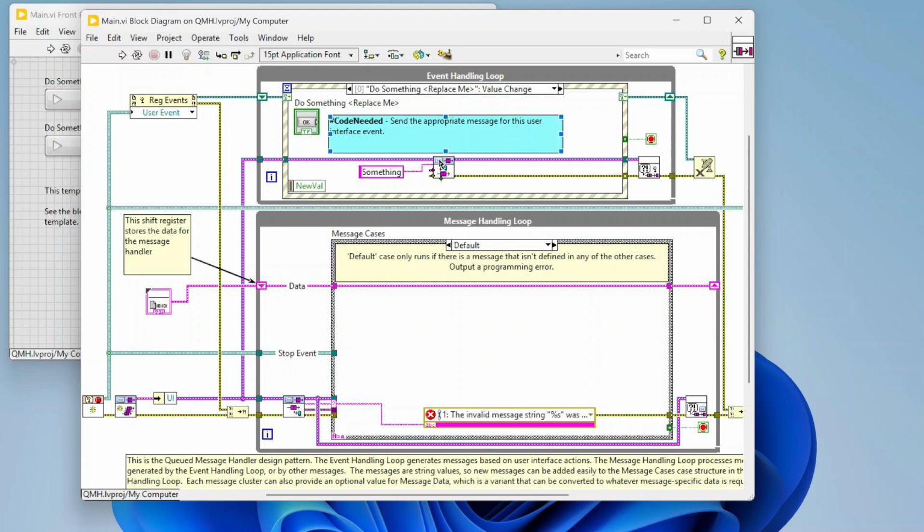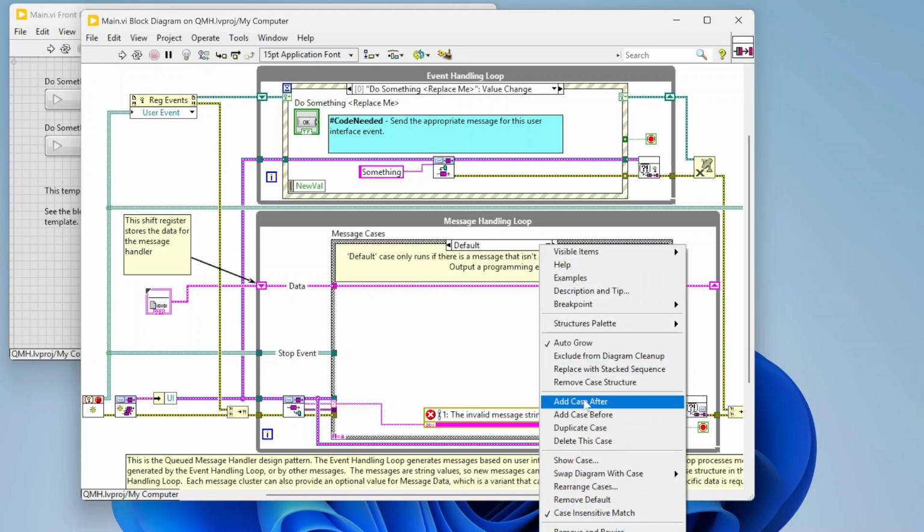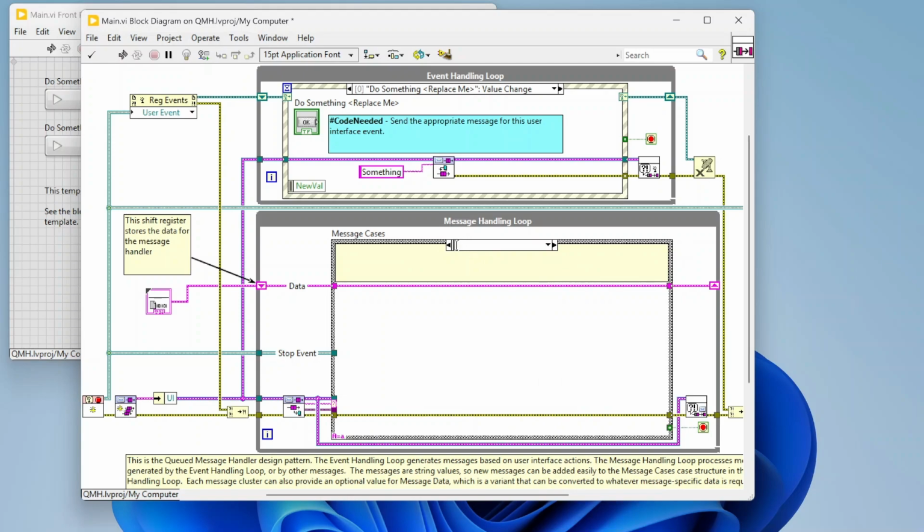The command pattern is just another way to do something, and there are pros and cons of both. With the command pattern, especially if you have a lot of cases, you end up with a lot of classes. But for example here, if I need to create a new case, I have to go to my case structure and add a case, and then fill it out and put the implementation here. If I actually have this all class based, I can just create a new child class,